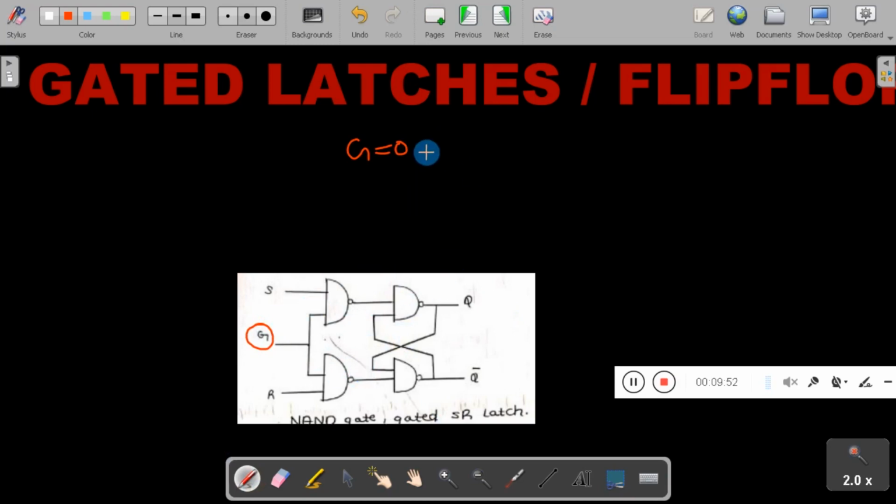This is called a control line. When G is 1, the latch is enabled and it works like SR, so you get the output of the SR latch. When G is 0, if you change the inputs S and R, the output will not change; it will remain in the last state only. So that is called gated.